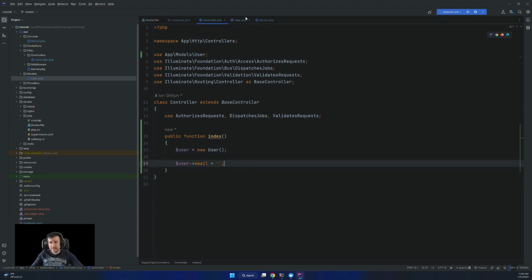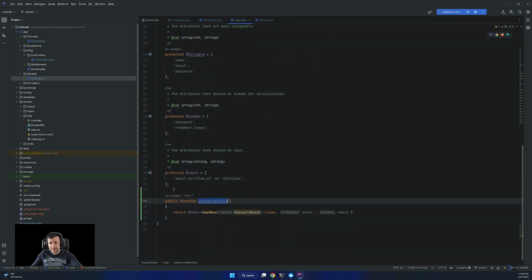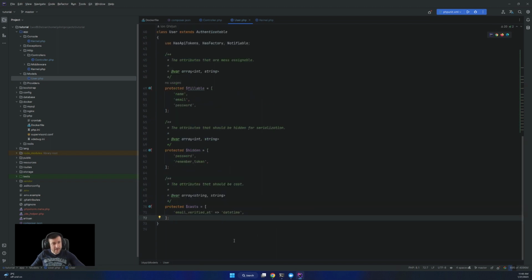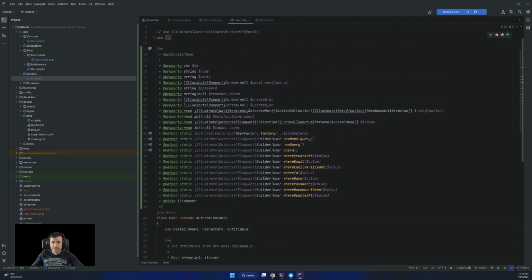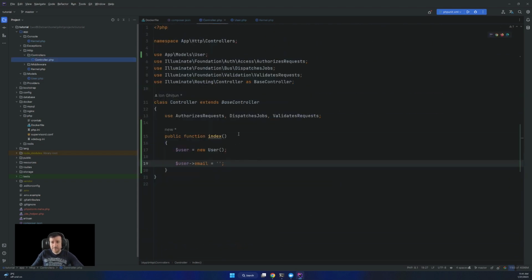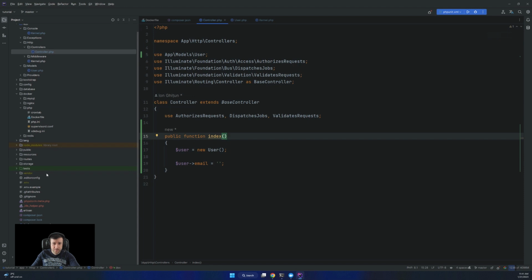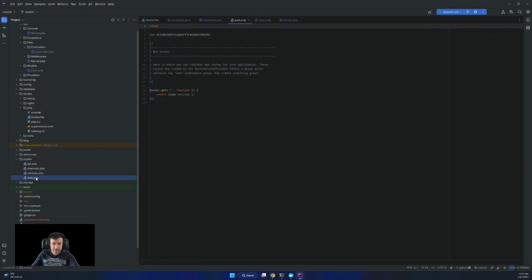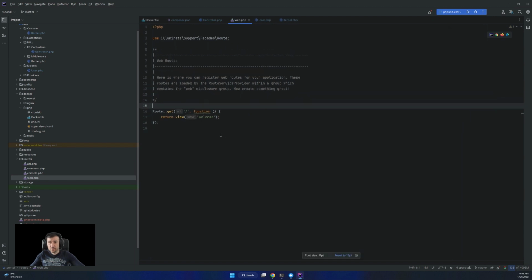Let me remove this. So the next step in configuration is to properly connect Xdebug, so in case I want at any point to debug something, I can. Let me go in my routes file, in the web, and rewrite this.